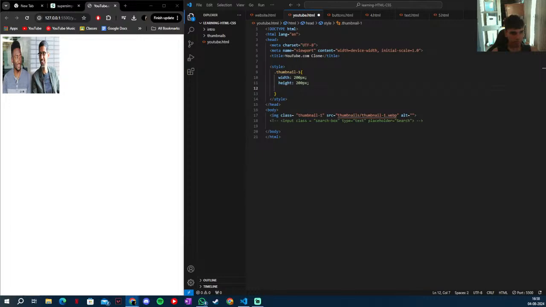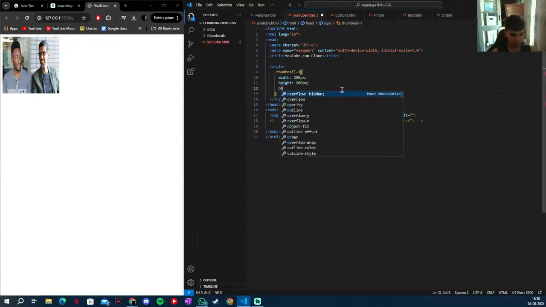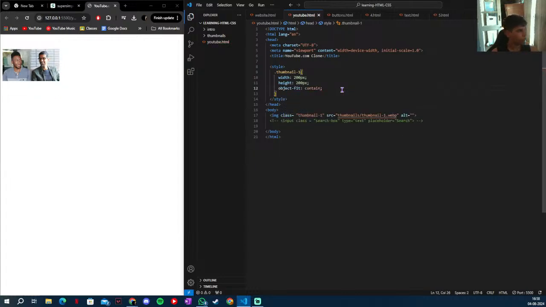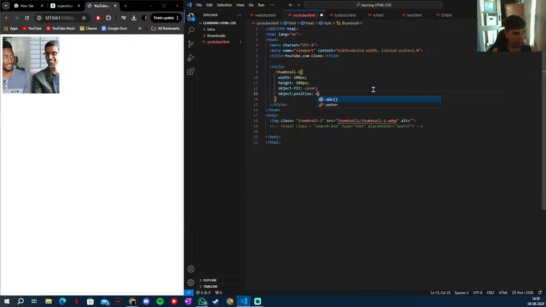As you can see, a lot of these CSS properties that we learned before, like width and height, and like